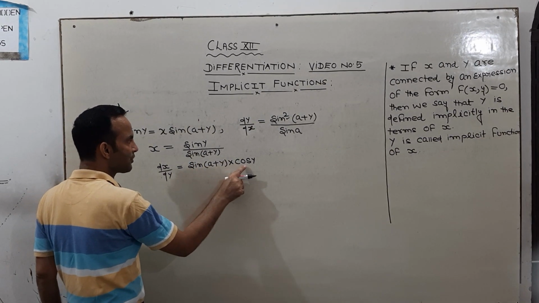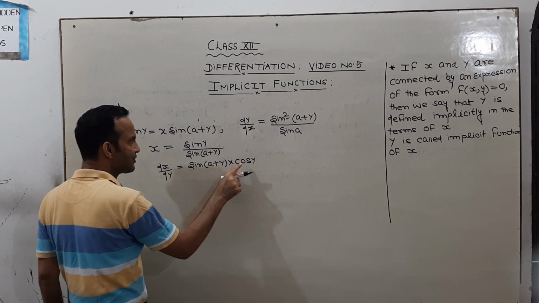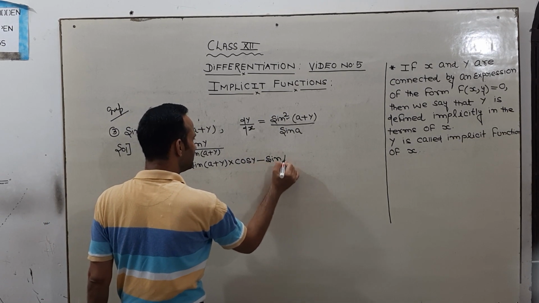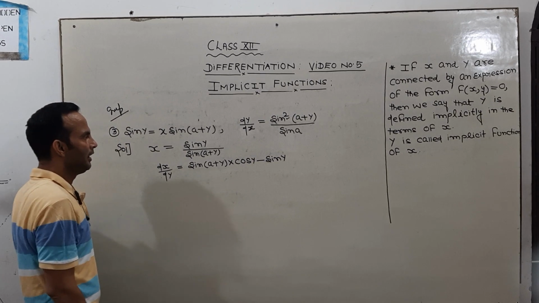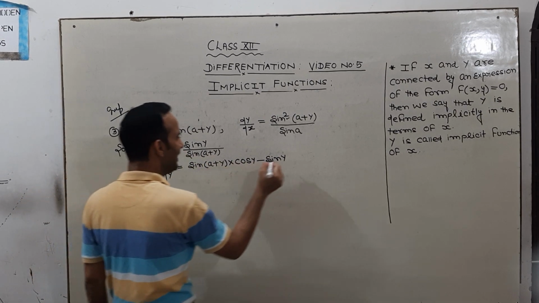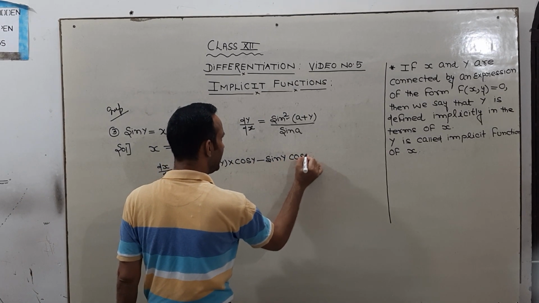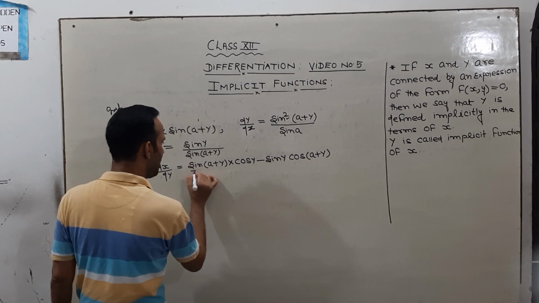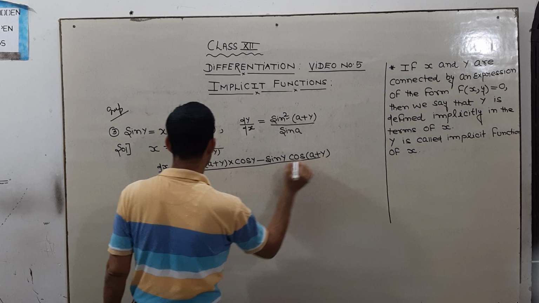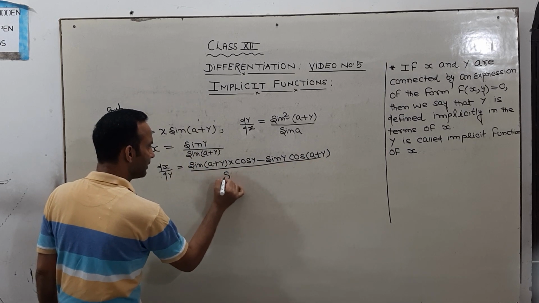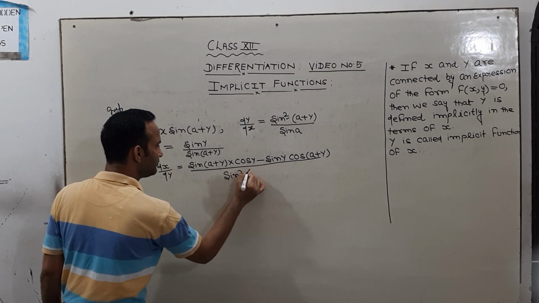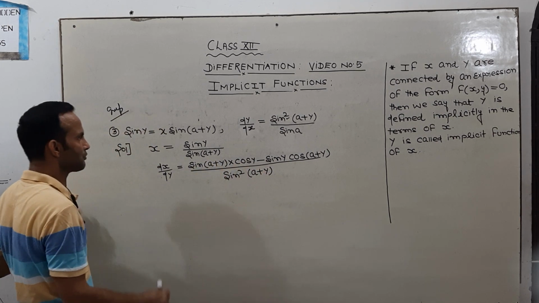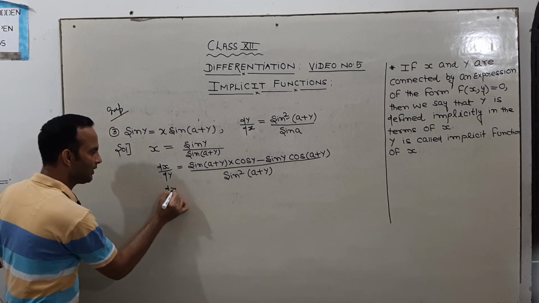Denominator into differentiation of numerator minus numerator into derivative of denominator, which is cos of a plus y, upon square of the denominator. Now see, dx over dy